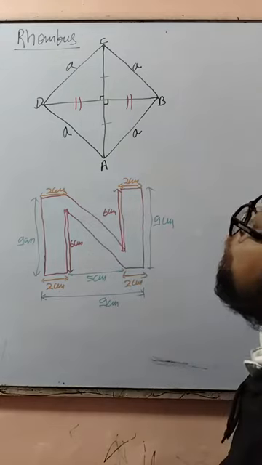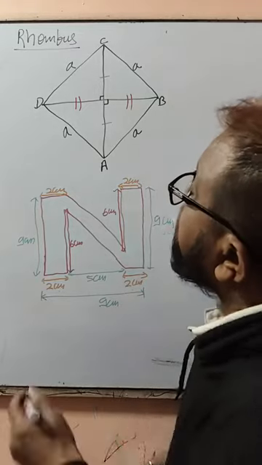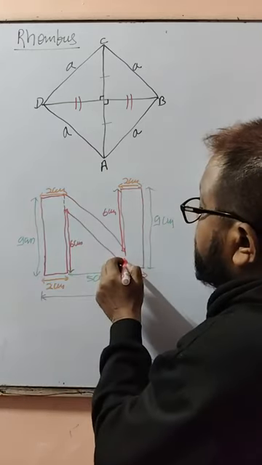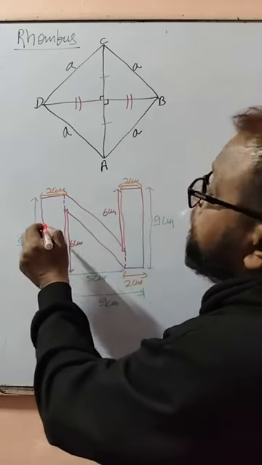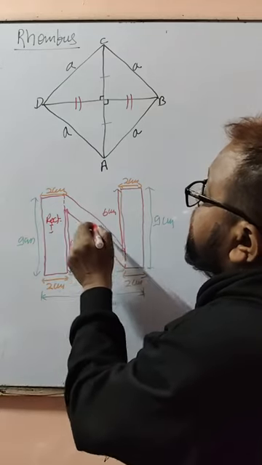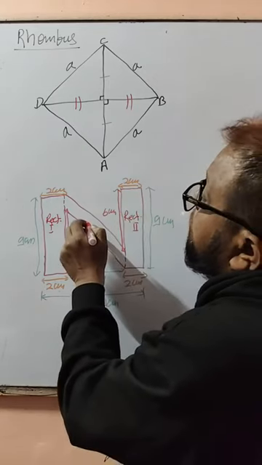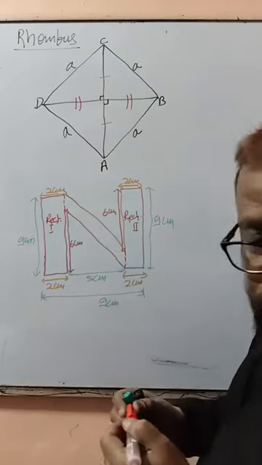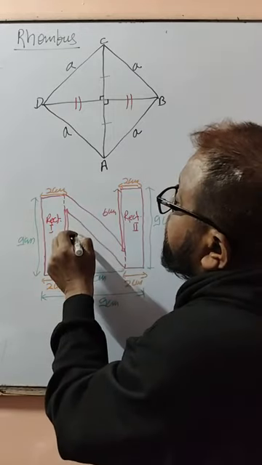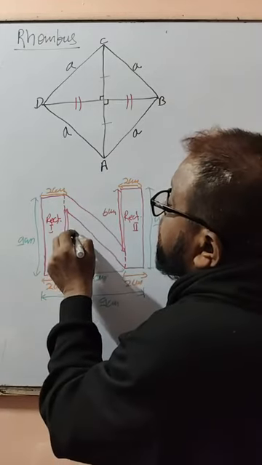So, what do you do? If you draw like this, so this is rectangle 1, rectangle 1, rectangle 2, and this is the parallelogram, 288, parallelogram 1. This is parallelogram.